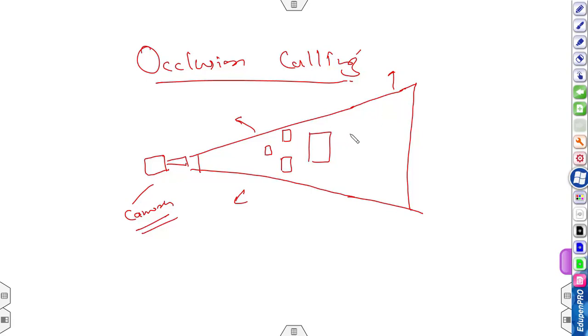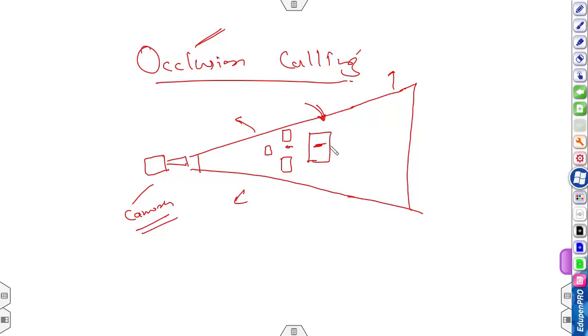As per the requirement of our game engine, all the objects inside the view frustum must be rendered, but there may be a possibility that a few game objects are hidden by some other game objects. This process is called occlusion. If any game object is hidden by other game objects, then that game object is occluded by another game object.